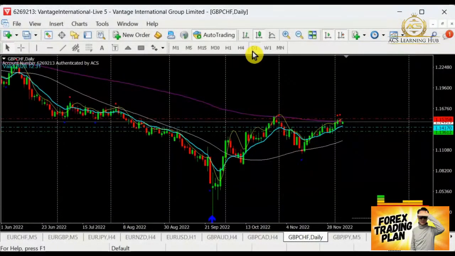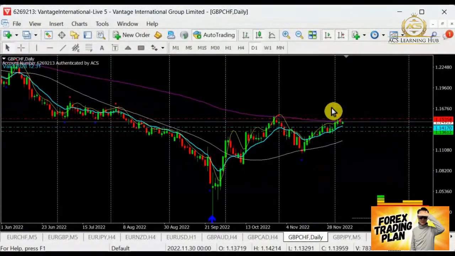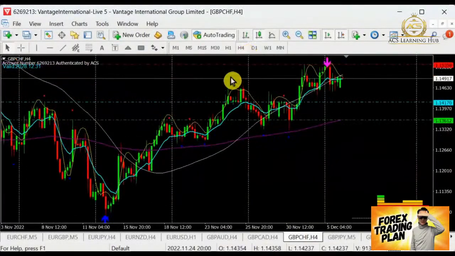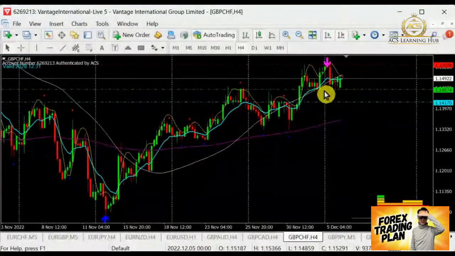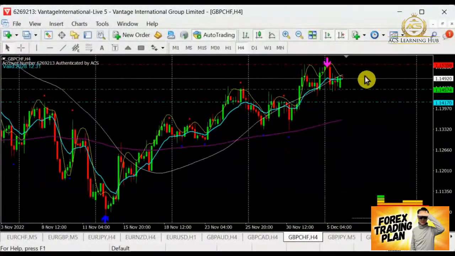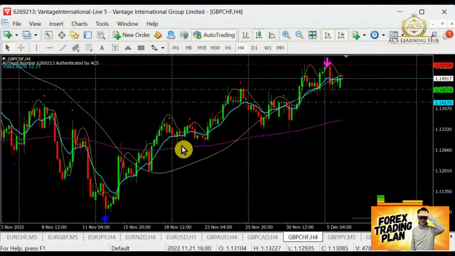Pound Franc over here. Looking at Pound Franc, we are actually bull. The bull has made up with a resistance here. So yesterday we made up with a resistance. Today will there be a chance to look out for a selling? There's a support here, and Pound Franc has been testing on this support without breaking. So now let's wait for it to test on the resistance before we start selling. Or buyers can take note whereby now it's setting up a buying, then you can go for a buy. But look out for the resistance here, which you have about another 48 pips.